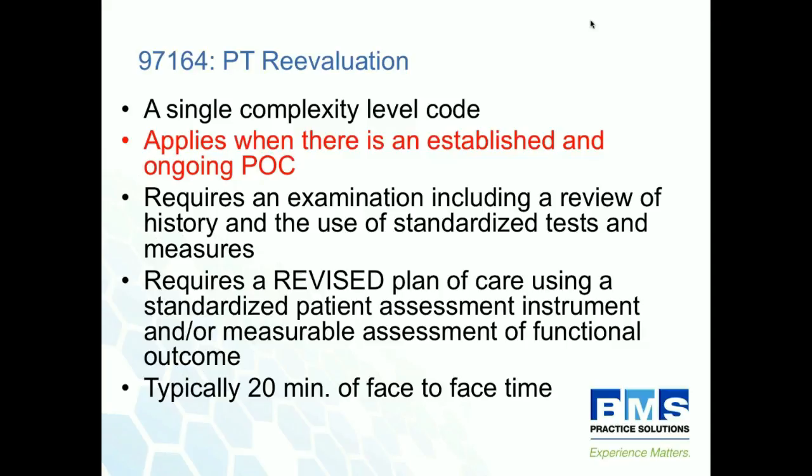So if you're seeing a patient with a problem and they come in with a script for another body part or another condition 2 weeks into the episode of care, today you could use the Reevaluation Code to look at that new problem and create a plan of care for it. Not anymore. So if your patient comes in with a second condition now, you're going to pick one of the 3 evaluation codes to work that condition up, and it will result in a new plan of care. So you can only use the Reevaluation Code on an existing problem with an existing plan of care.